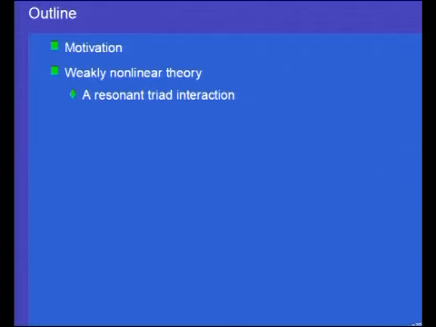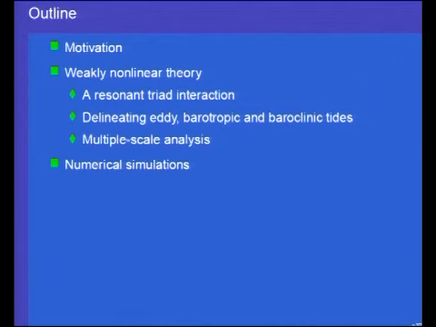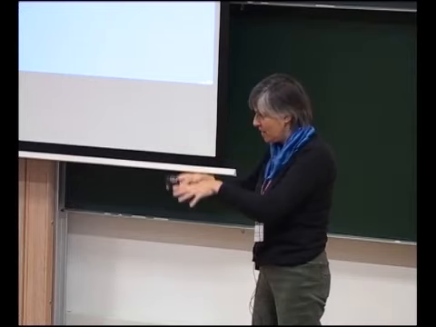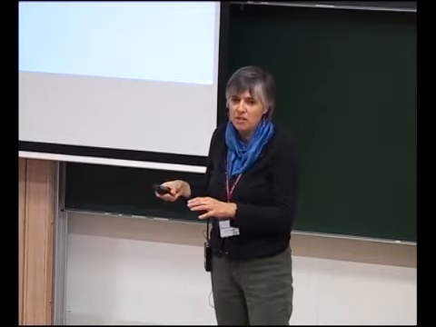Okay, so first I'll give you the motivation for this problem, the oceanographic motivation. Then I'll present the weakly nonlinear theory as a resonant triad interaction. I'll explain how we separate eddies and the tides, and go through the details of multiple scale analysis.